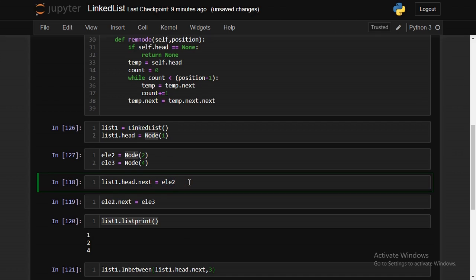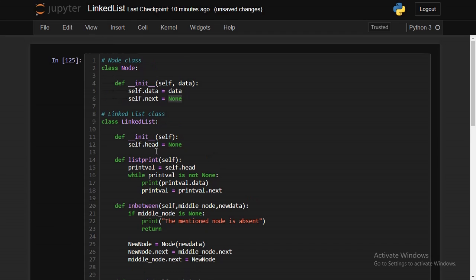I'll just execute it. Okay, what happened when I executed this code? What happened internally? Initially the self.head was none, right? Here the head node contains value 1, and head node didn't have this next in it. Head node was pointing to none, and even node 1 was pointing to none. Node 2 was also pointing to none. But now we have successfully connected the head node to the second node. The head node is the node containing 1, and the next node is the node having value 2.